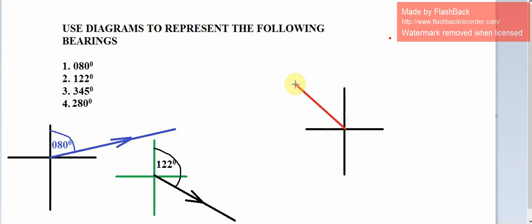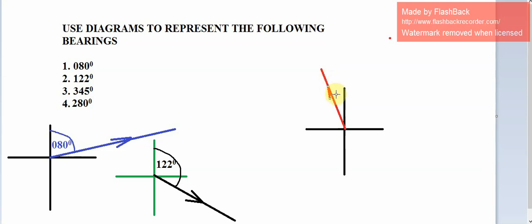But we know the midpoint here is 315 degrees. That is 45 plus 270, which is 315 degrees. So 345 should go closer to the North Pole than the western line. So it will be this way, 345 degrees, leaving a space of 15 degrees here. The next thing is to